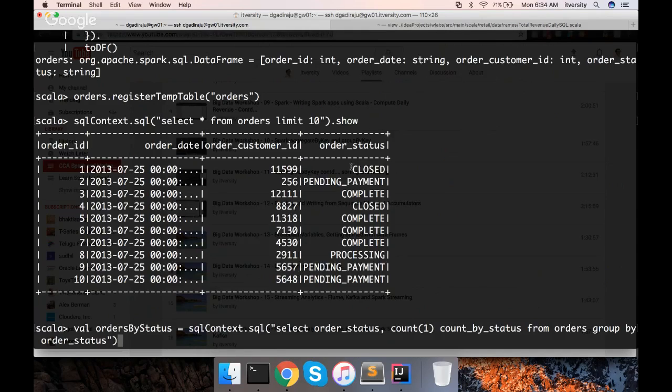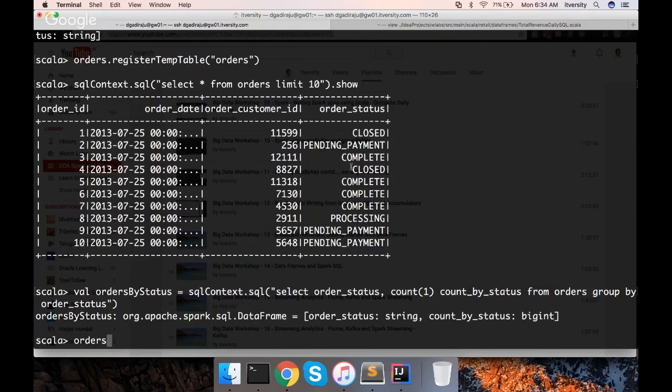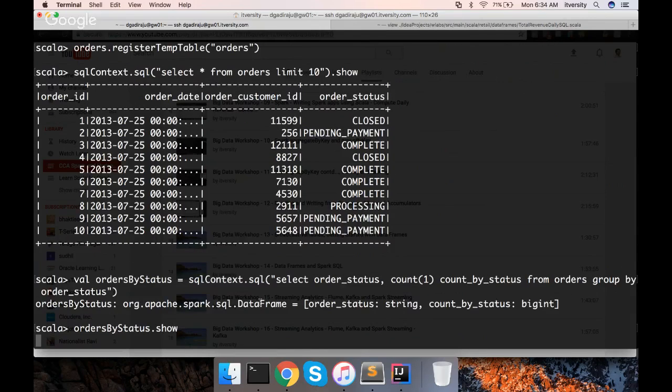And hit enter. And you can see ordersByStatus, and the output is of type DataFrame. Whenever you perform any operation on a data frame using SQLContext, the output will also be a data frame. Now you can say show and get the sample, and you can see the data.